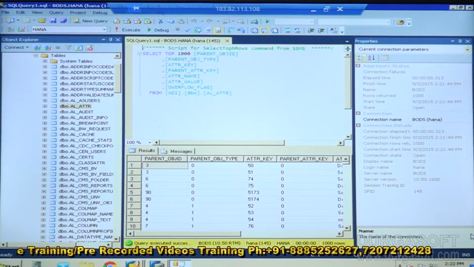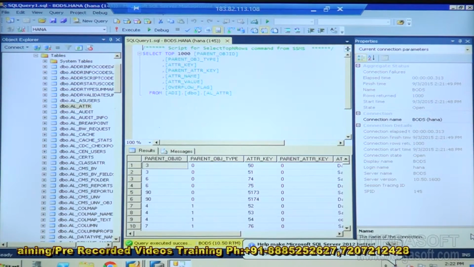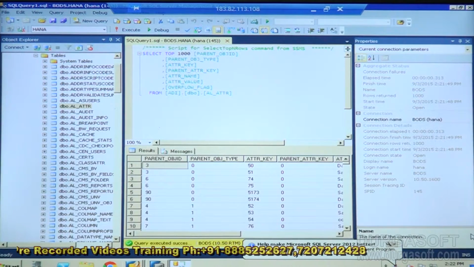Here the table name is ATTR dbo dot AL underscore ATTR. It has around 6 or 7 fields, and I'll use these fields. I'll use this database for those activities. So let's see how it happens.